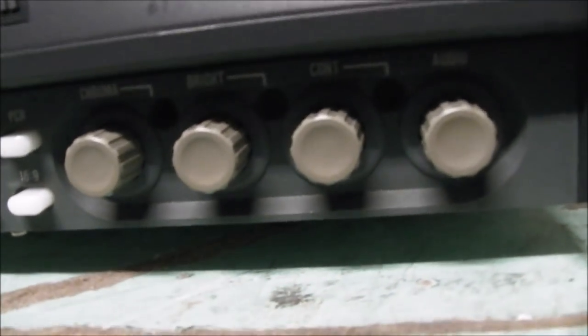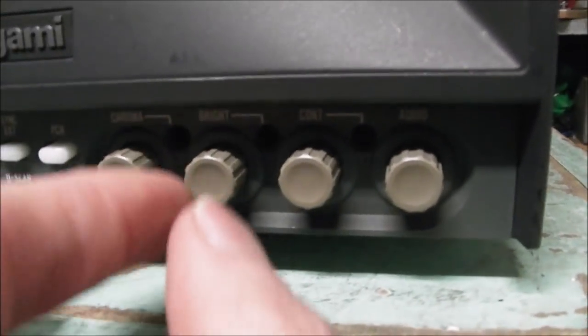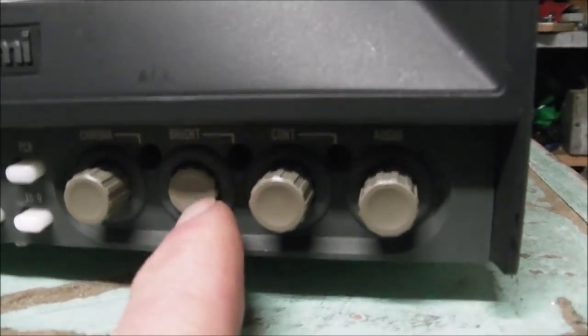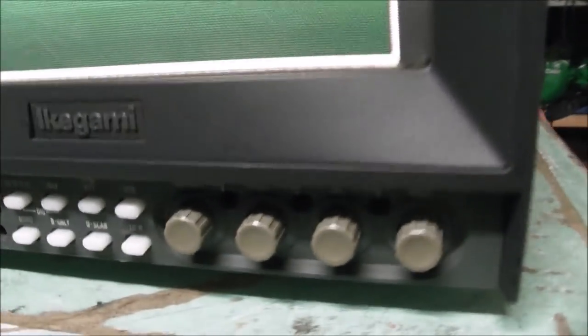And then there's 4 knobs here, starting on the left, chroma, which is color, adjusts your color when you're running composite or S-video. Then you got brightness, then contrast, and then finally the volume knob. It's a mono CRT, as in the sound, one channel, one speaker. These knobs are similar to knobs on old BVMs where you could adjust the values you want, but you can also press it in to just go to a default setting that the monitor uses, but I prefer the custom settings. There's a tally lamp on top,